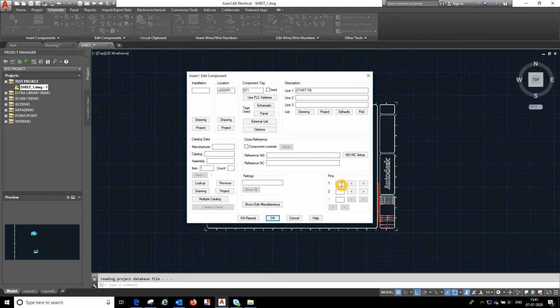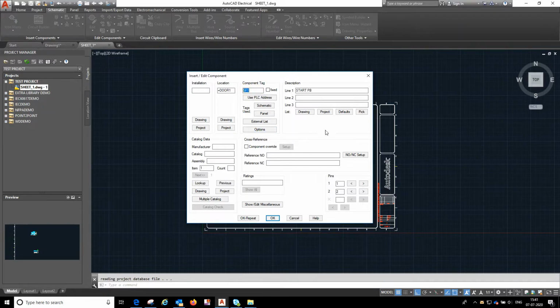And I will take pin numbers as 1 and 2. Usually the push button contains pin numbers 1 and 2. If you want, you can add the installation. If you don't want, you don't need to add the installation here. Here also the location. If you want, you can add. Otherwise, no need. So this will give a clear picture of where the component is located.